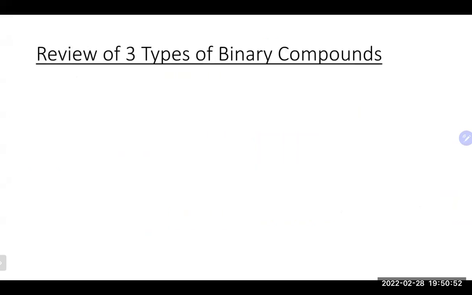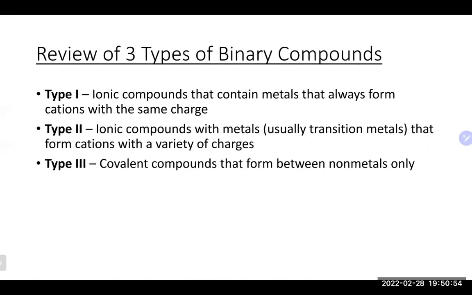All right. So just to review the 3 types of naming we talked about so far: type 1 ionic compounds, metal, non-metal, metal fixed charge, whole name of the metal, IDE for the non-metal. Type 2, metal and non-metal. Metal here, we need to figure out the charge, whole name of the metal, Roman numeral for the charge, IDE